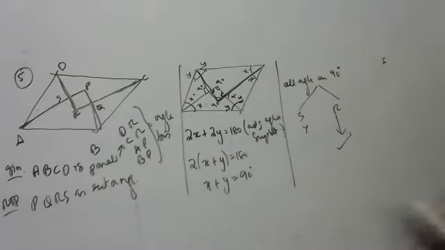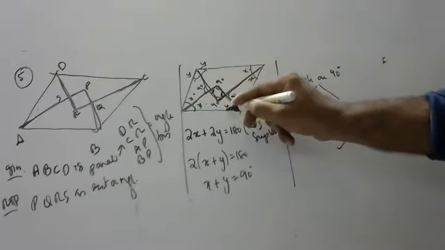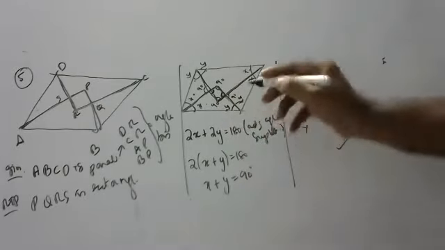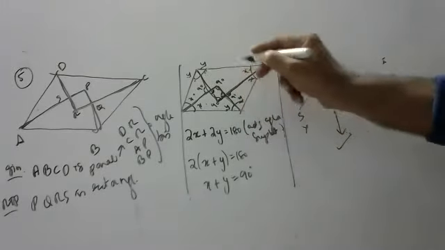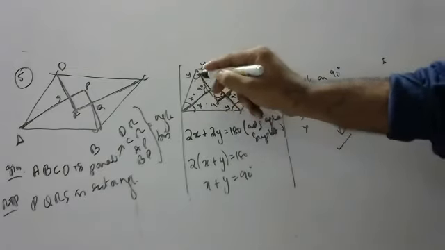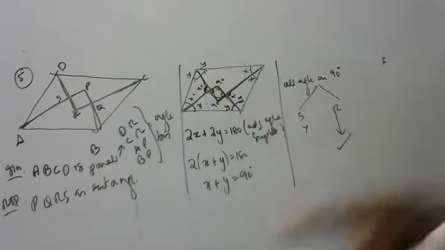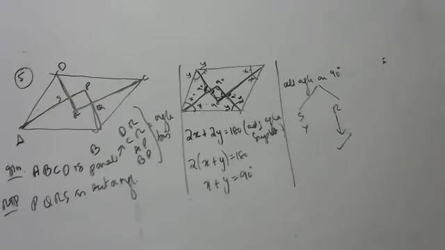That's it. Those who did not understand, first see only this triangle. In this x plus y is 90, we got, no. If this is 90, this will be 90 by angle sum property. This is 90 means this is 90. If these both are 90, this is also 90. If these both are 90, this is 90 by angle sum property. If this is 90, this is 90 by vertically opposite angles. So all angles have got 90 degrees. So it is a rectangle.